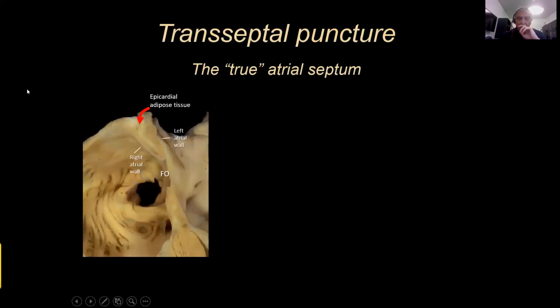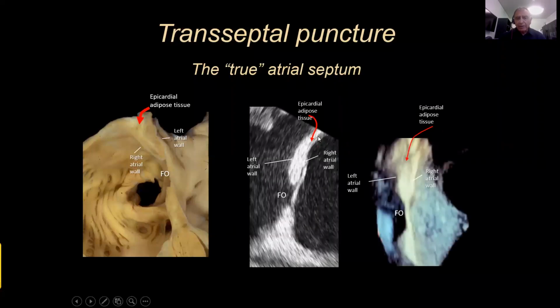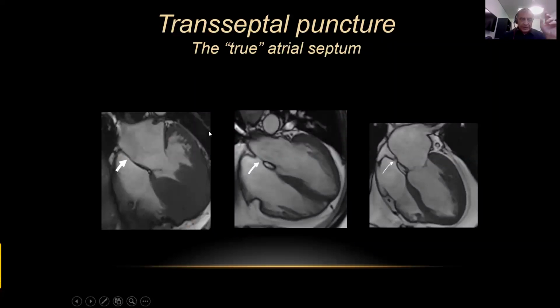While in anatomy we can easily distinguish the three-layered structure of the septum secundum, in echocardiography it is very hard. Saying that this, up to here, is an extracardiac space is very hard to believe, but this is the reality. So this is extracardiac space here, or in 3D echo here. And we can very well distinguish it with MRI. Indeed, with MRI, you can see, for example, here, the enfolding of the left atrial and right atrial wall,